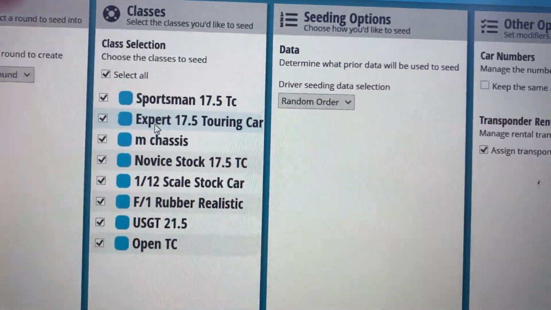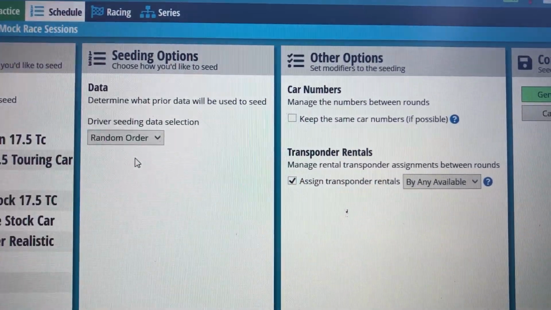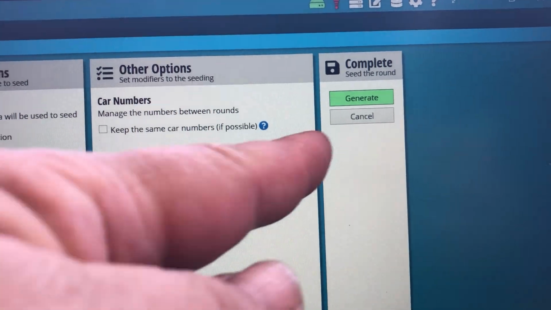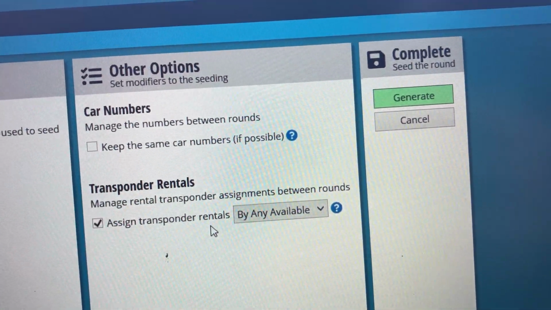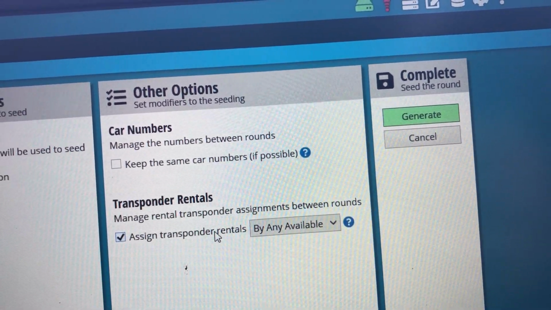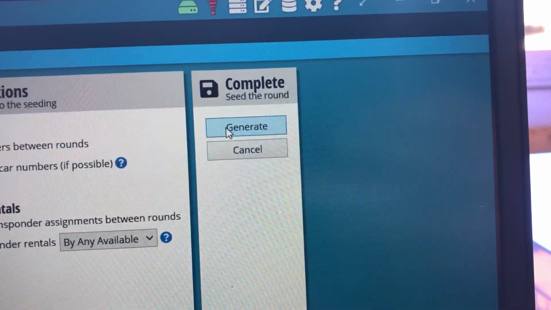These are the classes that are selected for this mock racing session. We'll do the driver seatings in random order. We'll just leave it default. And as you can see, it says here, basically any transponder rentals, whatever, and keep the same car numbers as possible. It doesn't matter. No one uses car numbers. You come over here and you hit generate. When you hit generate,